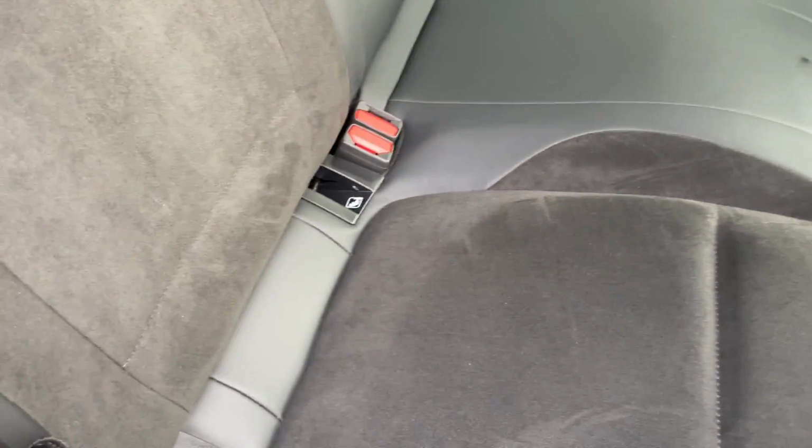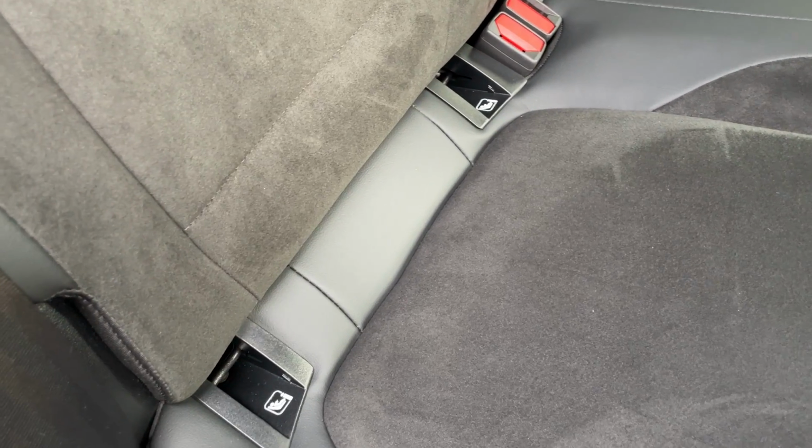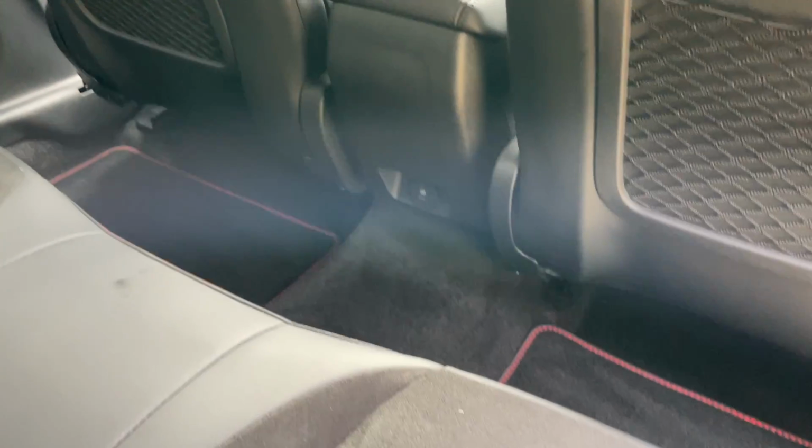If you were carrying the smaller humans of this world, you may require an ISO fixing seat. So you have one on the left hand rear and one again on the right hand rear. And I know I did that in the wrong order. And once the kiddies have grown up, or once your